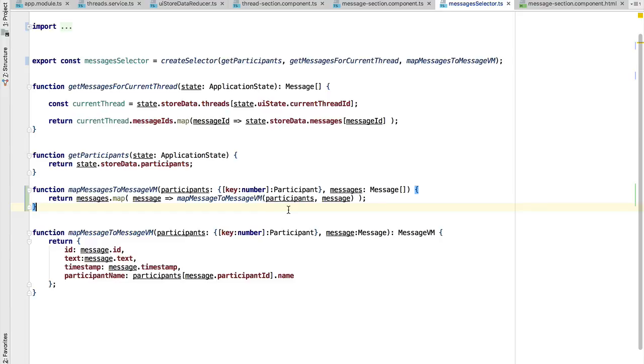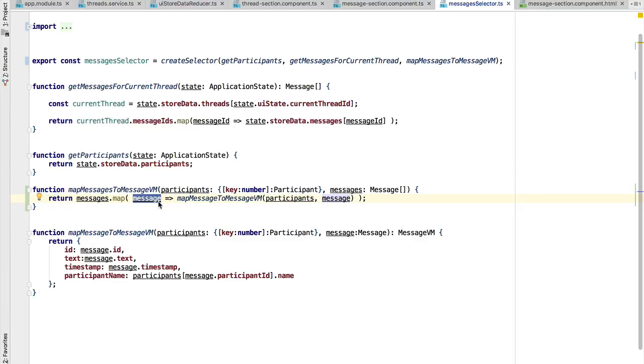Everyone, and welcome back! In the previous lesson we saw how to optimize the re-rendering of our UI to only re-render things if we have a different list of messages to display. Now we want to take this one step further and only calculate a new message if the message is effectively new. If the message has been calculated before, meaning we receive a reference to a message which we already mapped into a message view model,